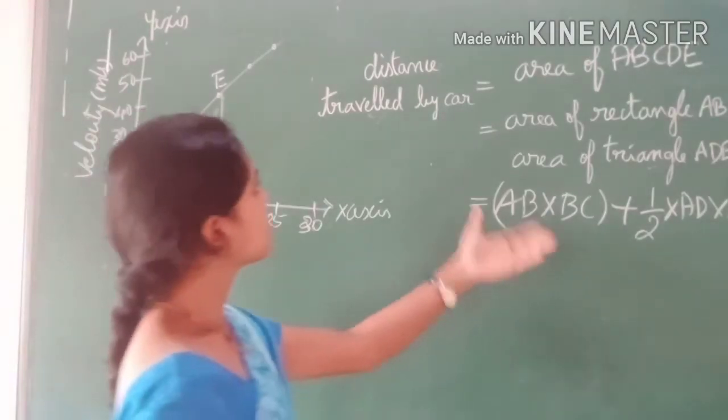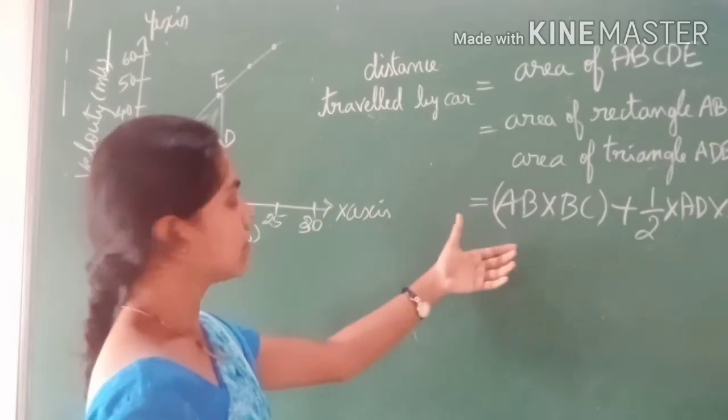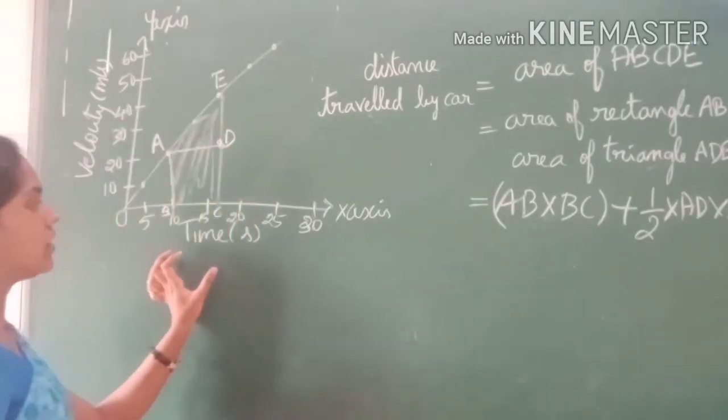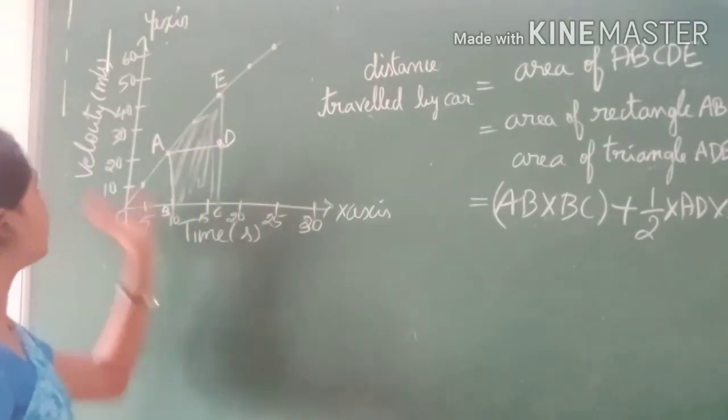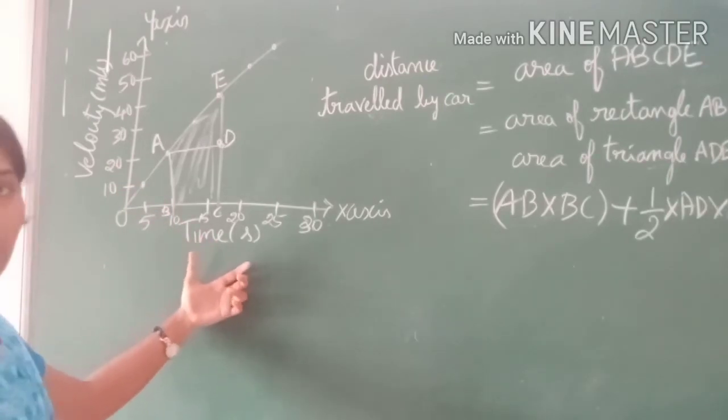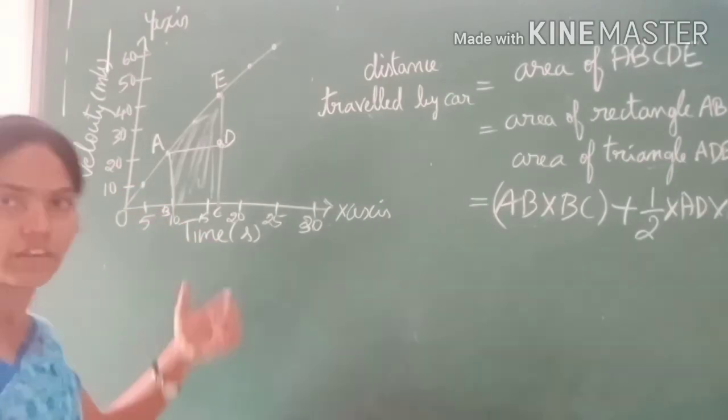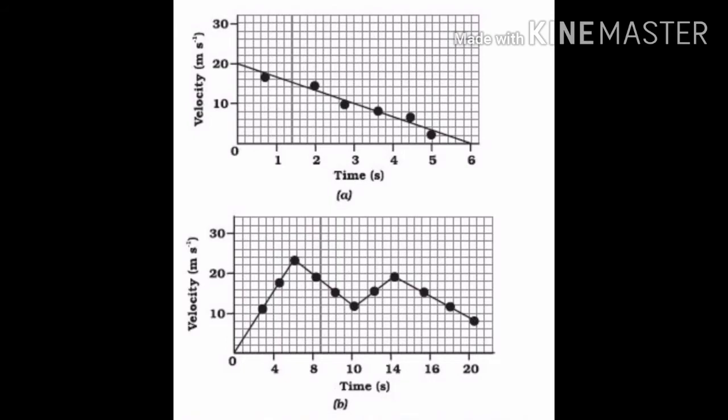So this gives the distance traveled by the car. This graph represents the velocity-time graph of a uniformly moving car. In the first graph, you can observe that there is a decrease in velocity as the time duration increases. So the first graph, A, shows the velocity-time graph that represents the motion of an object whose velocity is